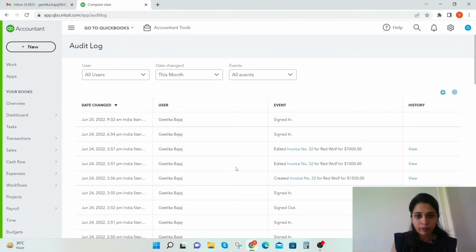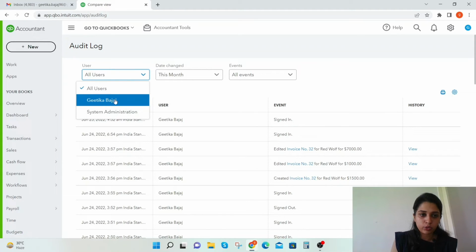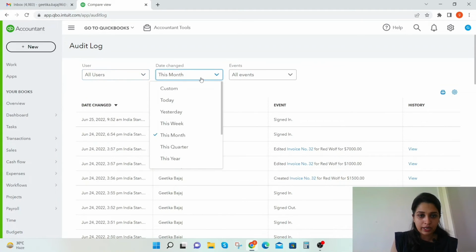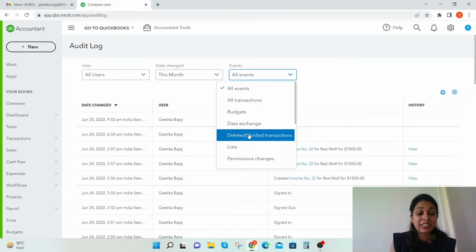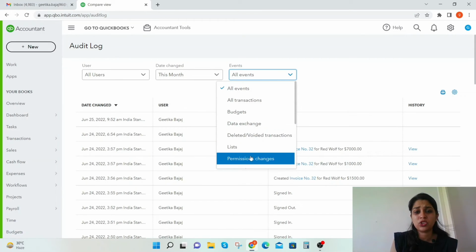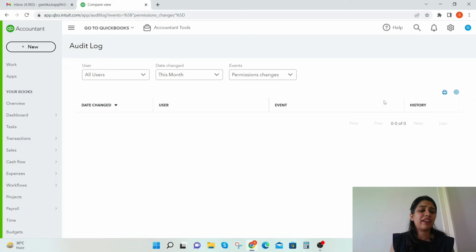See, we can see here. Now what if you want to find out which person has done what event? So we can even filter it out here. You can select whatever user you want. You can select the date change filter, and what events do you want? Like, do you want all transactions, only the budget, deleted, voided transactions, list, permission changes? Everything is there, and it's a great thing, and I would highly recommend it for people who are working with many users and keeping a great